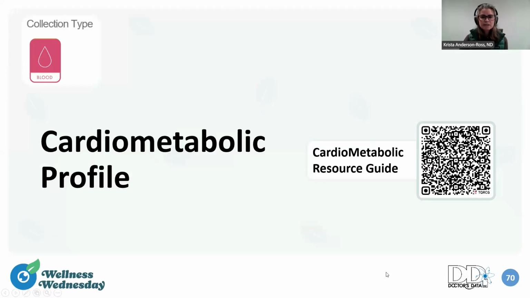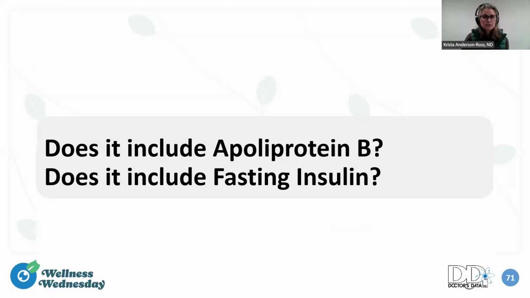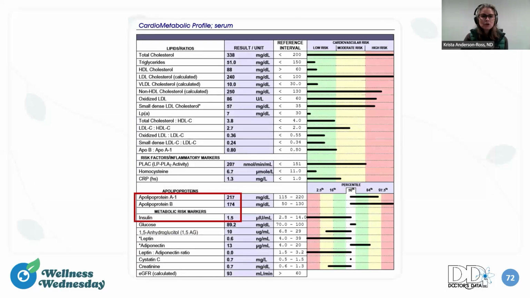So let's shift gears and talk about the cardiometabolic profile, which is a blood test. Yes, the test does include apolipoprotein B and fasting insulin, which are two of the most sensitive early markers that we have for cardiometabolic risk. ApoB tells us the number of atherogenic particles, and fasting insulin picks up insulin resistance years before glucose or A1C